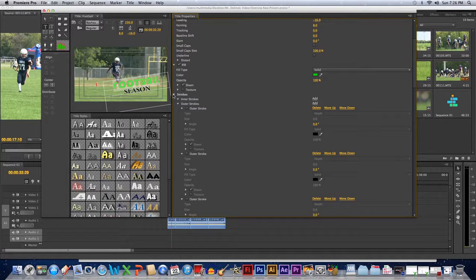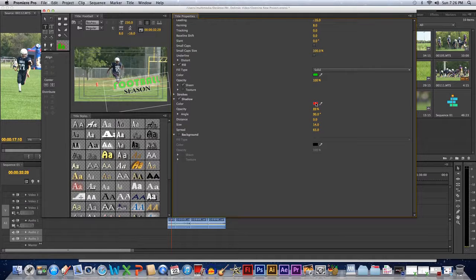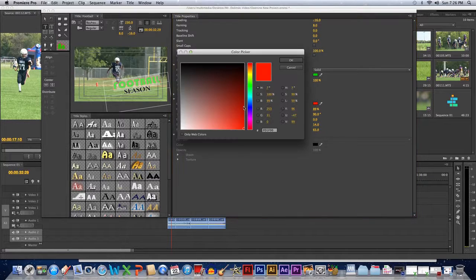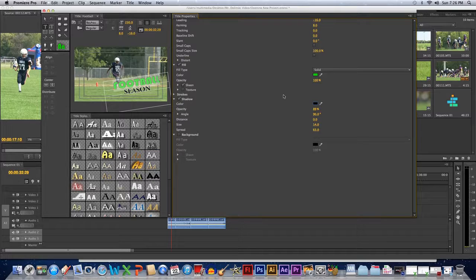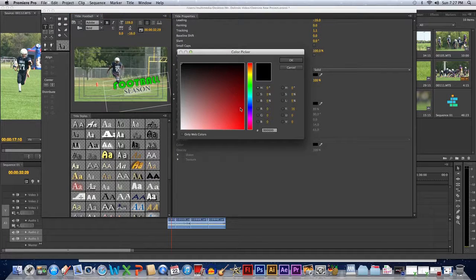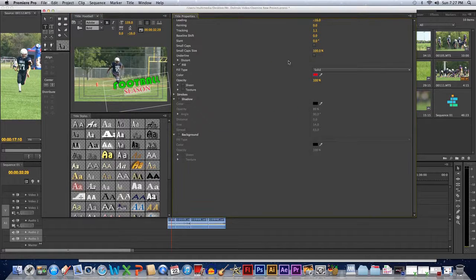And then oftentimes it's outlined in red, but sometimes there's like crazy amounts of things, so just look to close the arrows that are right close to the edge. Just close it down, then you'll find your outline. And I'm going to make the outline black. So there we go. That's the football part. And then season. This is just simple, but I'm going to change this to red and leave the outline as what it is. So there we go, football season,